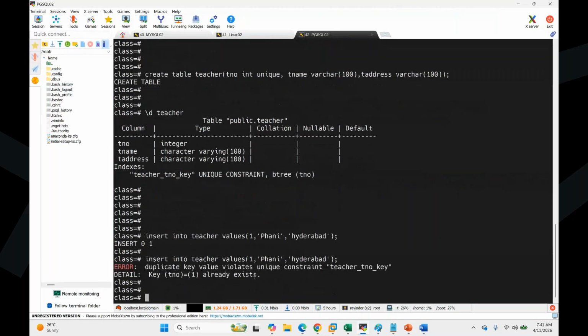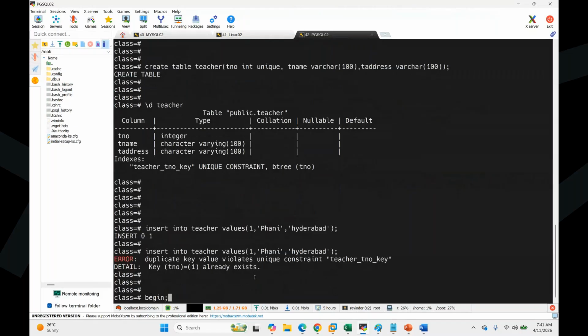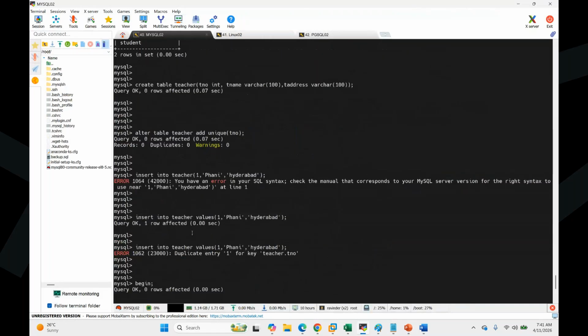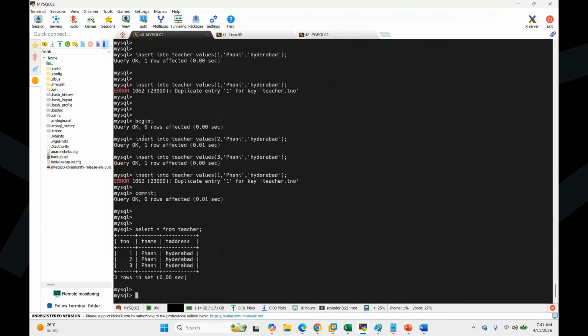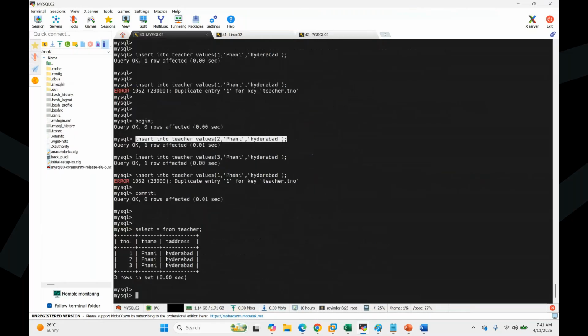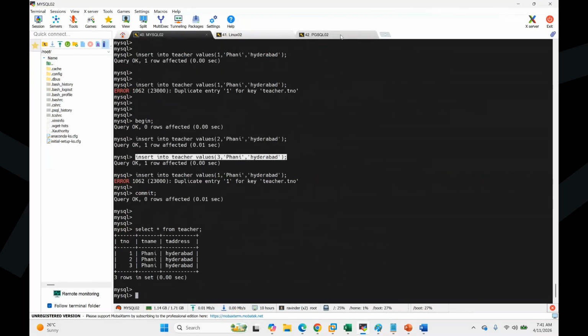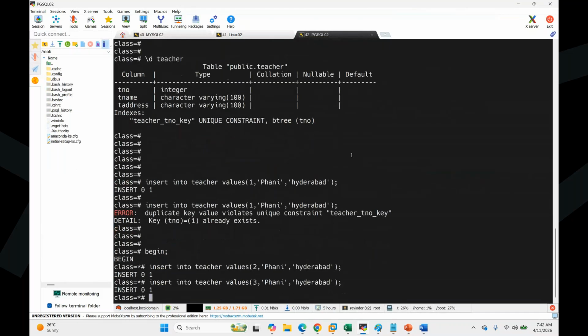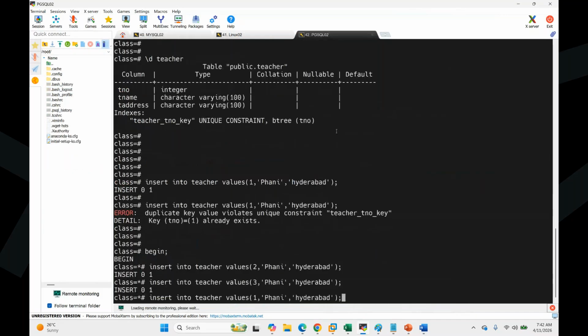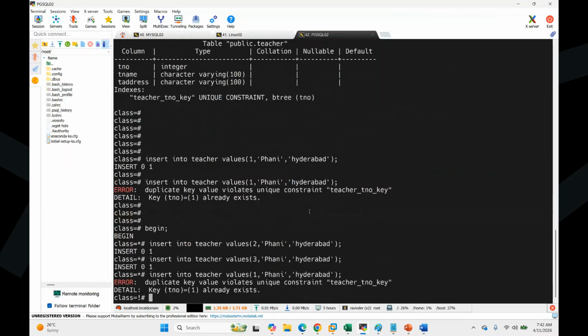Now I'll start the begin. Begin here. Then I'm going to load the same data that I loaded in the other one after begin. I'm going to load the second record here too. It will accept. And I'll load the third record. It will accept. Now I'm coming to the one that failed, doing this. Now I'll commit. It said duplication of this. This started, and I'm committing here.